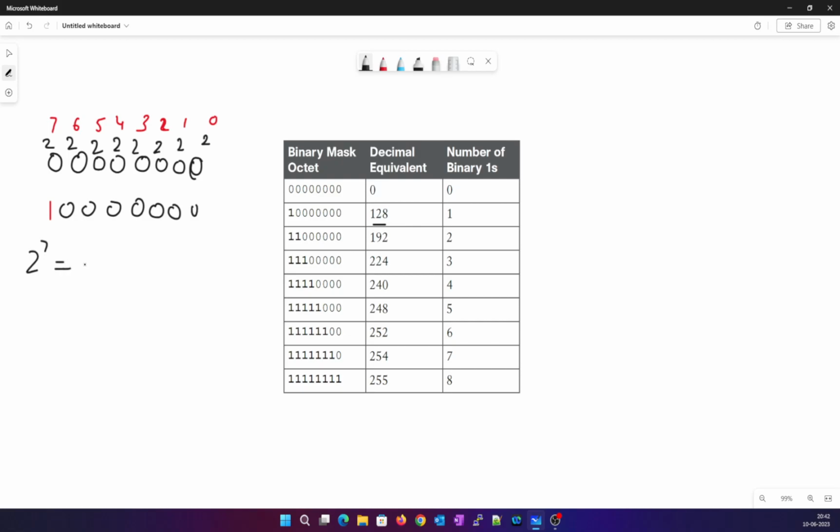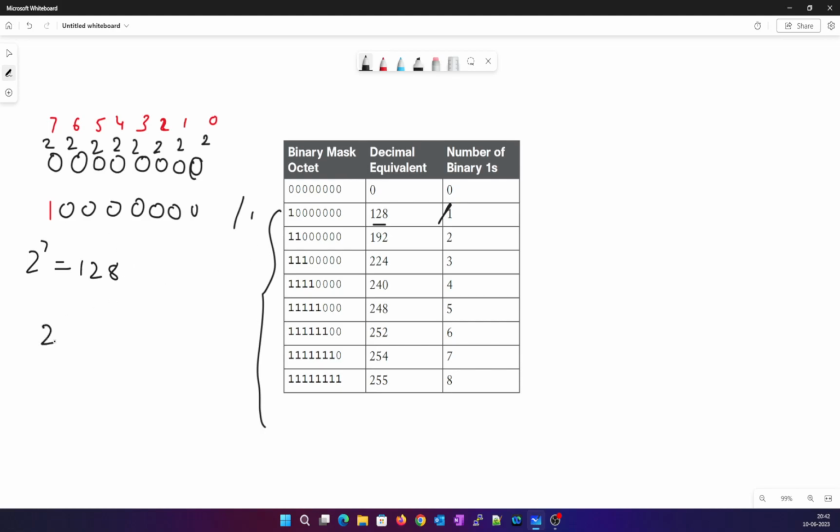And 2 power 7 makes it 128, and this value is written as /1. If you see here, you can consider this as /1. And as we start to add consecutive ones from left to right, all these bits are set to 1 as given here, and these values start to add up, right? So it is 2 power 7, the next bit is 1,